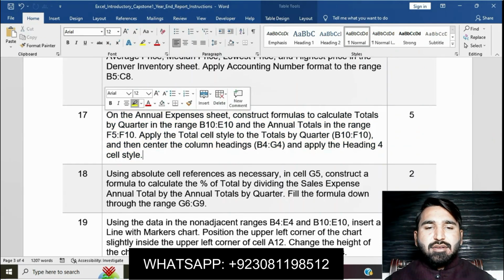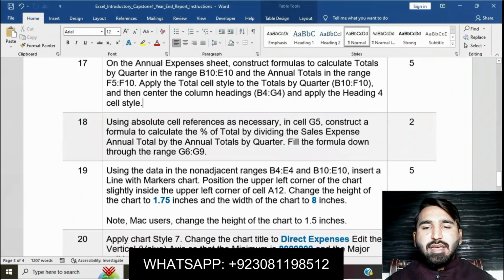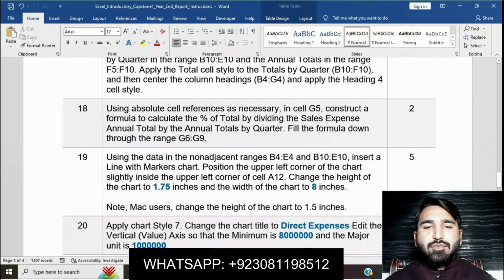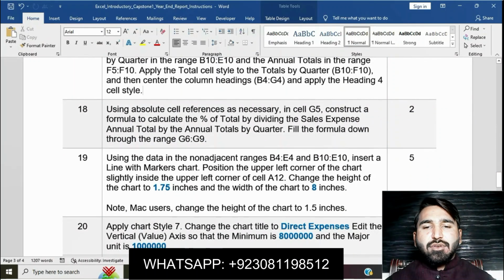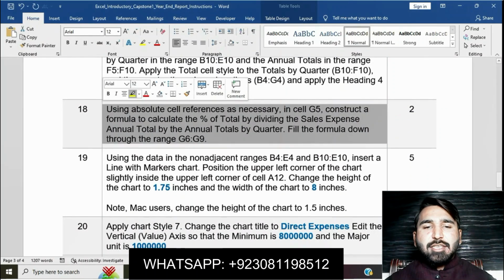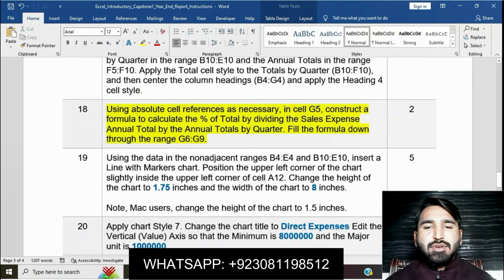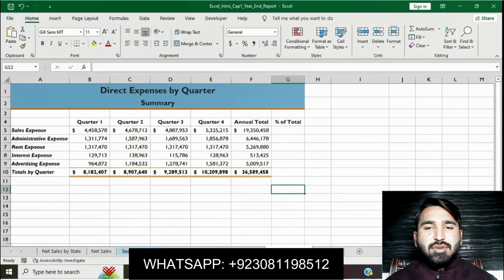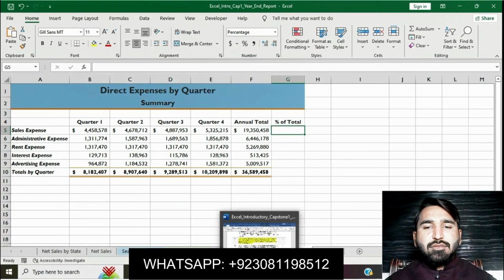Question number 18 is to use absolute cell references as necessary in cell G5. Construct a formula to calculate the percent of the total by dividing the sales expense annual total by the annual totals by quarters. Fill the formula down through the range G6 to G9, using absolute cell references as necessary in cell G5. Click on cell G5 and enter a formula equal to